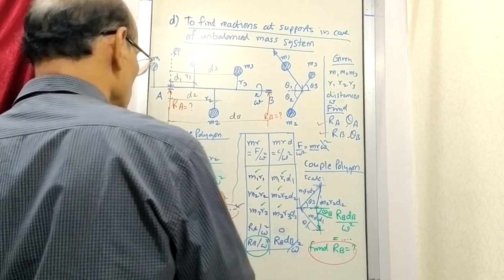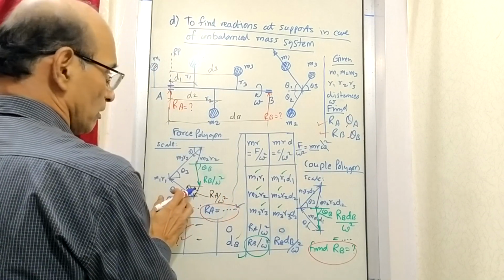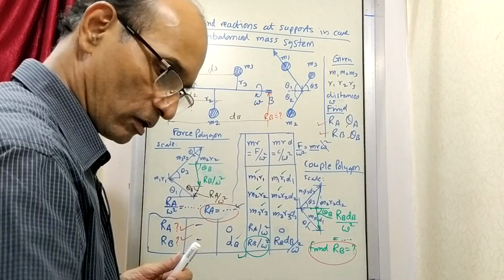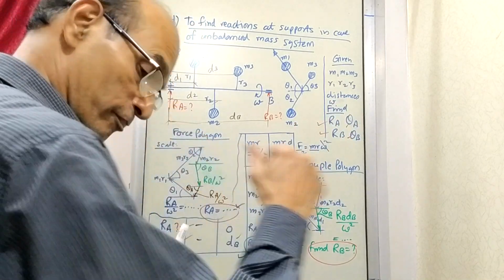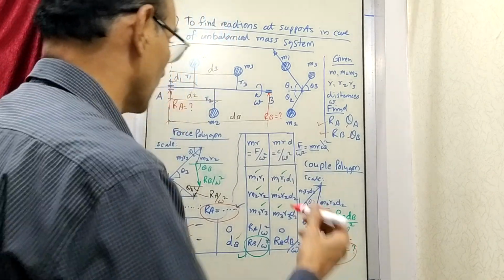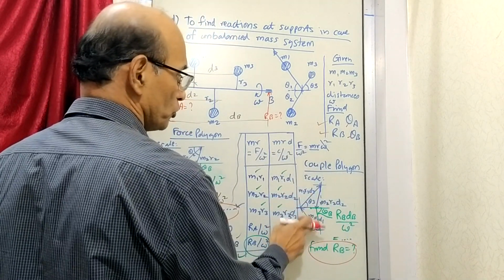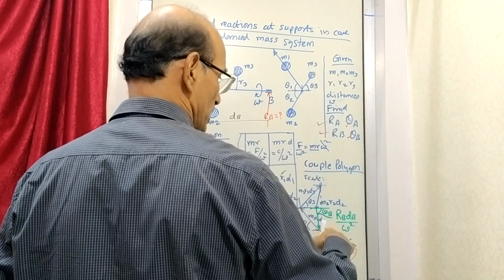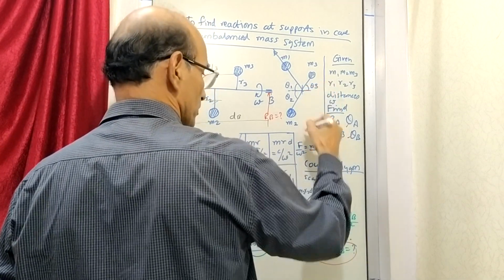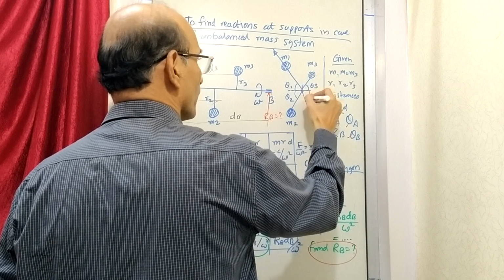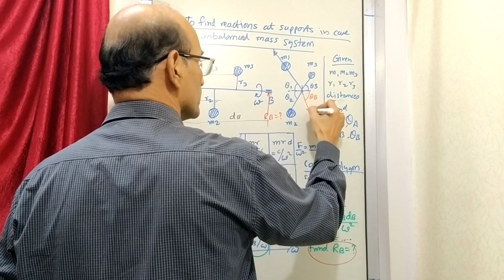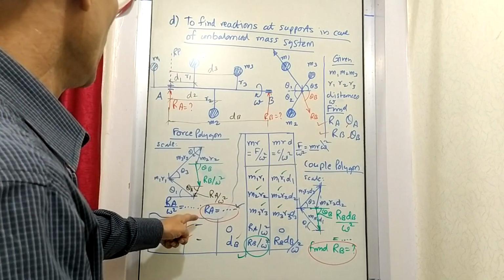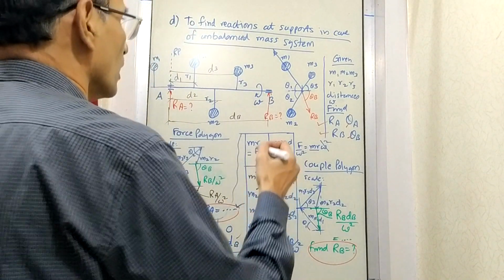Where is theta A now? Theta A will be this angle. Theta B will be this angle. So all the required things are obtained. And once you do that, now we are going to show that as a vector. So this force you are showing, that means the reaction A or the reaction B, making angle theta B. This is reaction B. And then RA you have to show by such an angle.